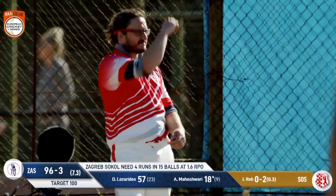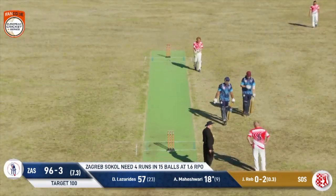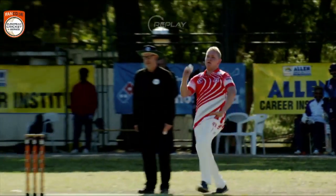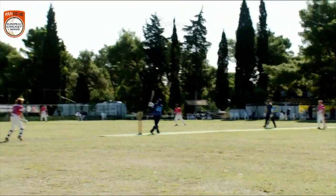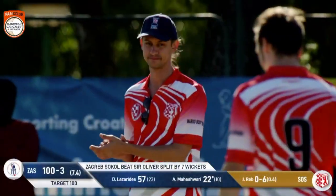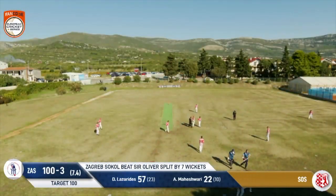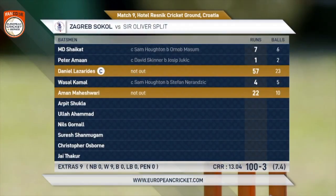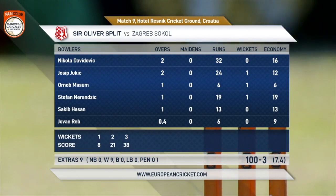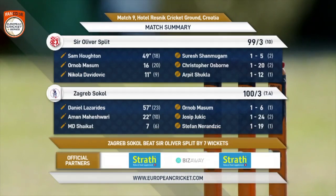He'll finish 22 not out off 10 balls. But for me, the man of the match is Dan Lazaridis, 57 off 23. A lot of pressure on him to perform as well. You mentioned he had a bit of luck early. In the end, it's going to be Zagreb Sokol. They reach that target of 100, and they do it off 7.4 overs. So they win this match with 14 balls to spare. Yeah, good game of cricket, and Oliver Split can hold their heads high because they really pushed Zagreb all the way, and it was a game of inches, and this was one of the moments early when